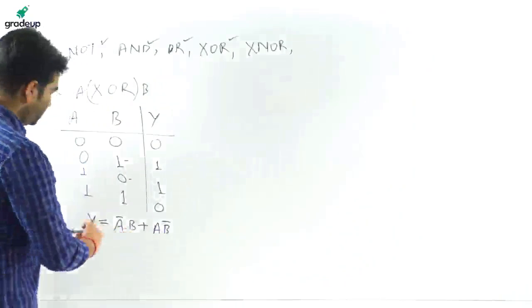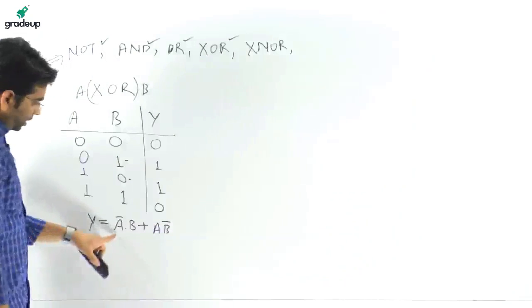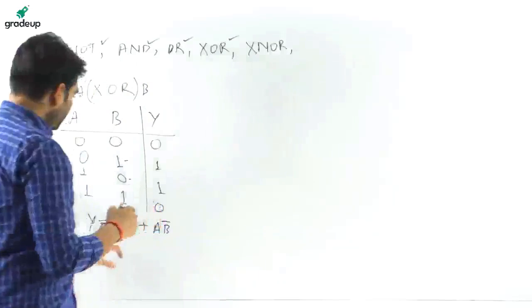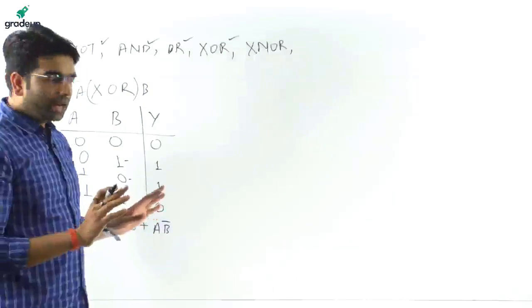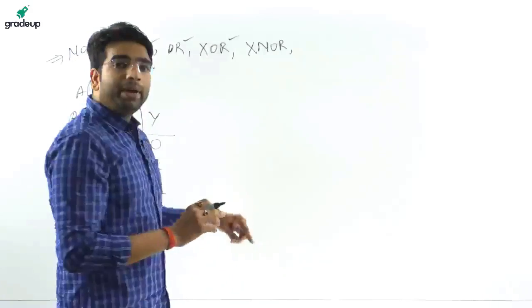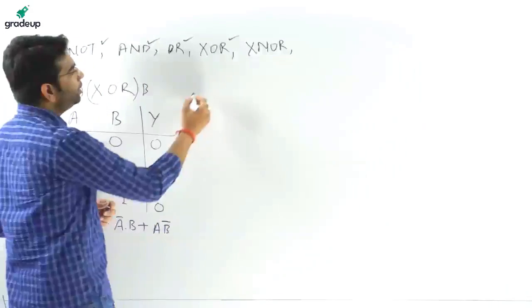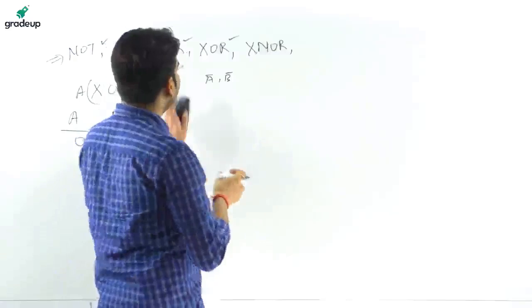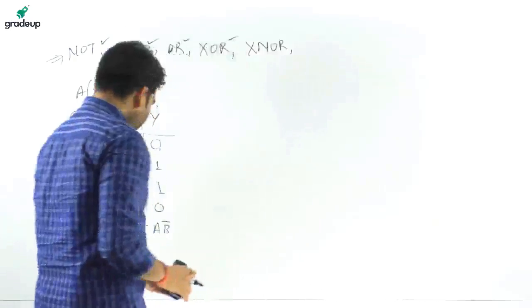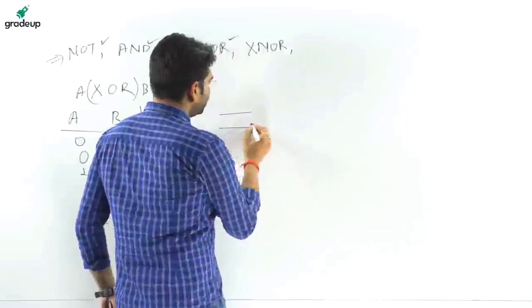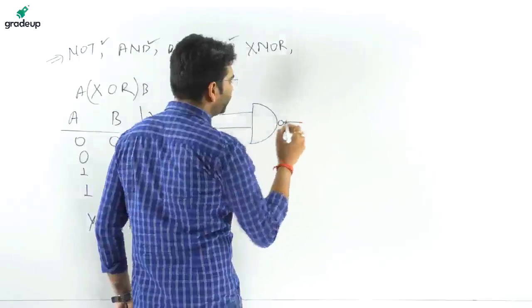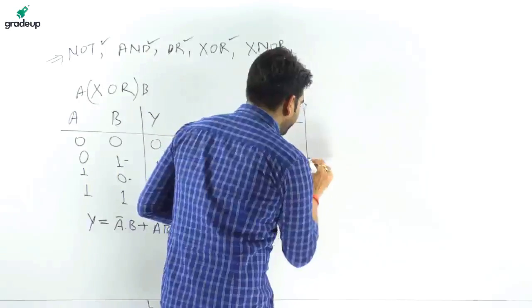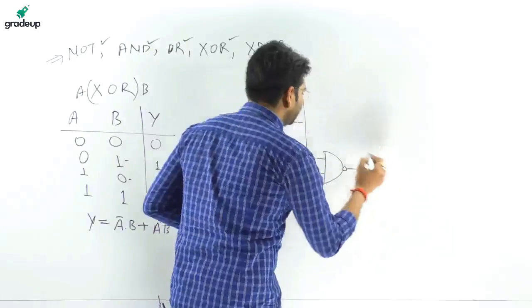Now let's derive this using NAND gate. My dear friends, A bar B, and we are given a condition that complements are not available. Complements not available means neither A bar nor B bar is available. So how to make it? The main thing that you have to take away from it is the number of NAND gates that are required to implement these logic functions.